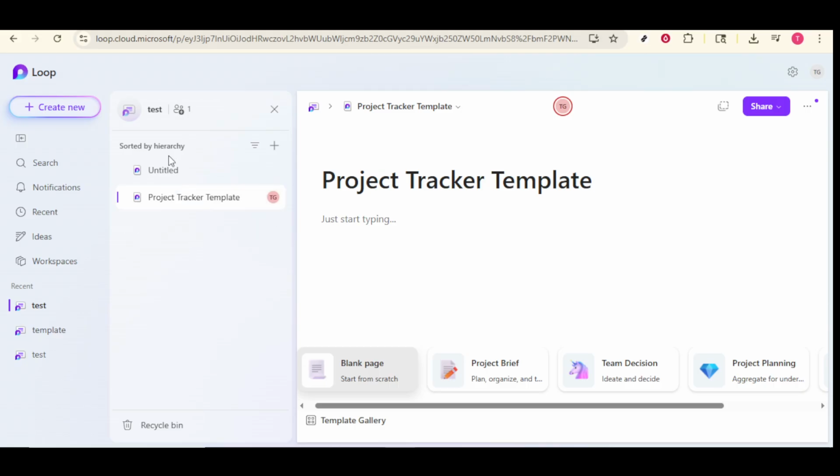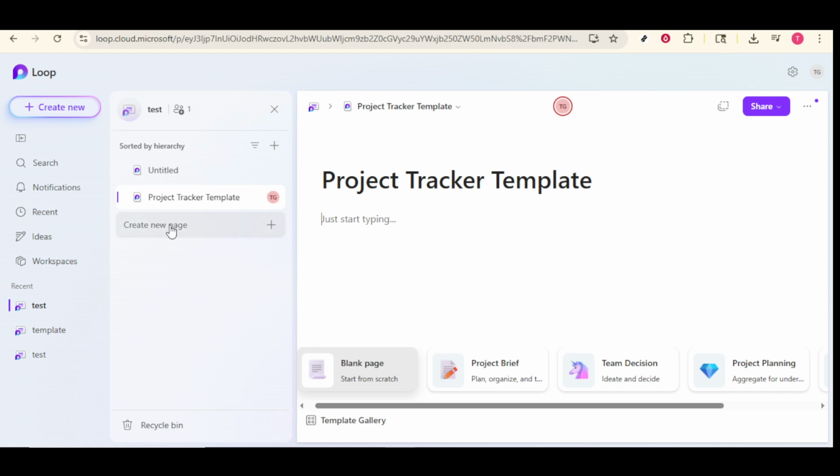First things first, you'll want to create a new page within Microsoft Loop. Start by opening the application on your computer. Once you're in, navigate to the workspace where you'd like to create your page. The workspace acts as your digital environment, housing all your important notes, projects, and ideas, so choosing the right one is key. Now that you've selected your workspace,